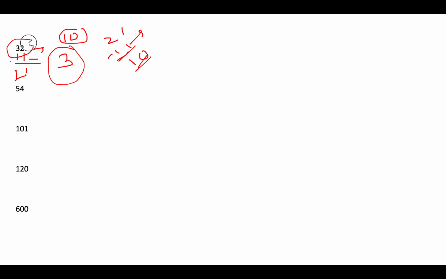Next we have 32. The biggest number containing 1 or 0 that can be used is 11. If we subtract 32 minus 11, 21 is left. For 21, we'll again use another 11, since the max such number is 11, and the remaining one is 10. So how many numbers will you use? 11 plus 11 plus 10. These are 3 such numbers. So for 32 we need 3 Deci-binary numbers.